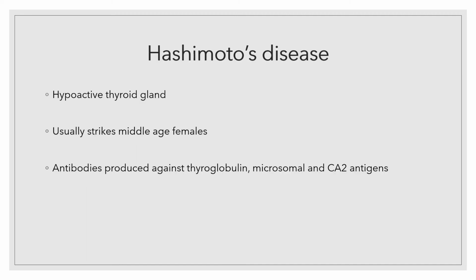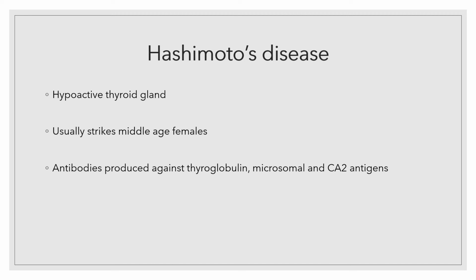Hashimoto's disease is a thyroid disease that usually strikes middle-aged females, although it can occur at any age. What is distinctive about Hashimoto's disease is that the patient has a hypoactive thyroid gland. They appear as having extreme fatigue, they're sluggish, they have pale, dry skin, a puffy face, and muscle aches and